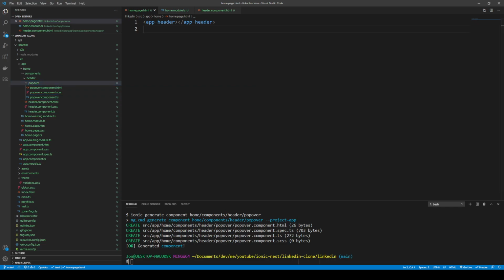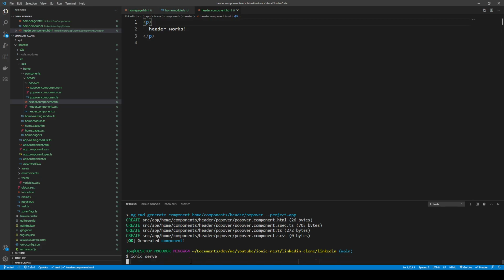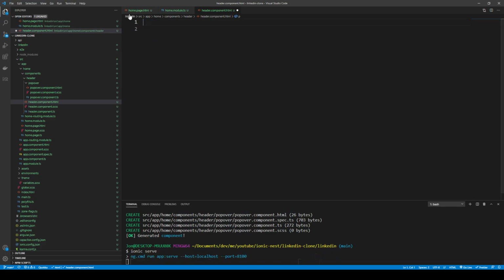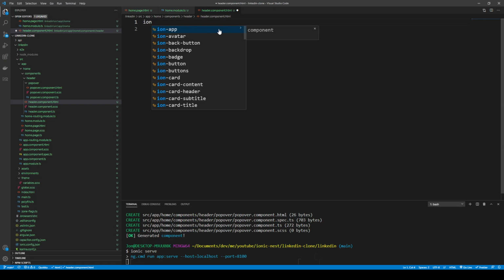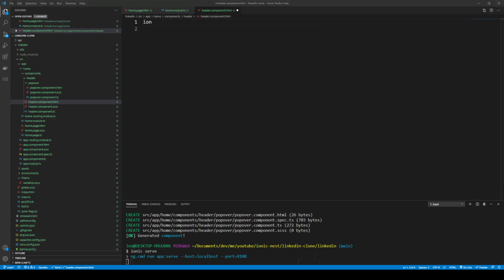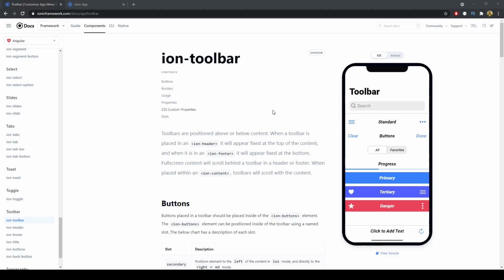So let's build our header then. I'll just run ionic serve in the background, and we can start by using, we want an ion toolbar. So we go into the UI documentation,